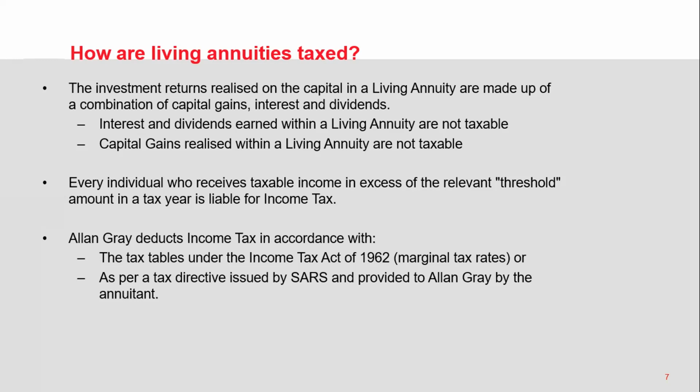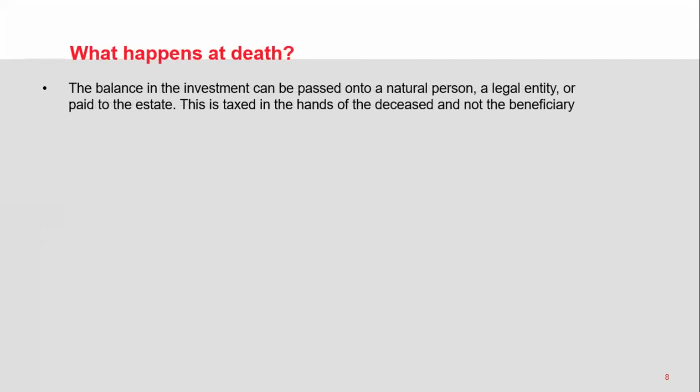There's one of two ways that you can be taxed within the product. You can be taxed according to the marginal tax rate, but because it's a standalone product and you can have multiple living annuities from different companies, you can essentially set the tax rate that you want to achieve. So if you want to be taxed higher than your normal tax rate to account for a different income that you're receiving, you can do that as well. You can also set it at a lower rate, provided that we receive the correct documents for that. And then what happens at death?